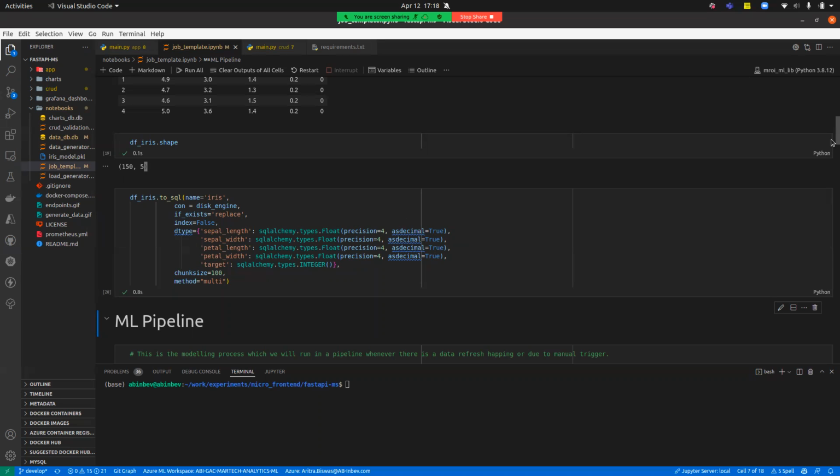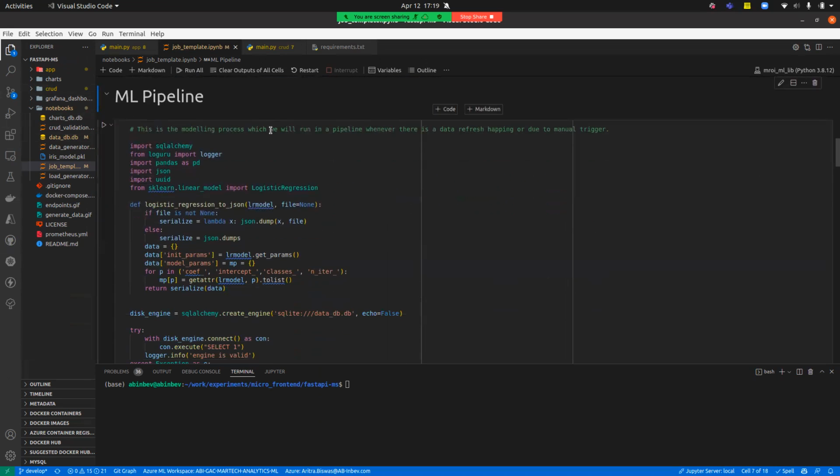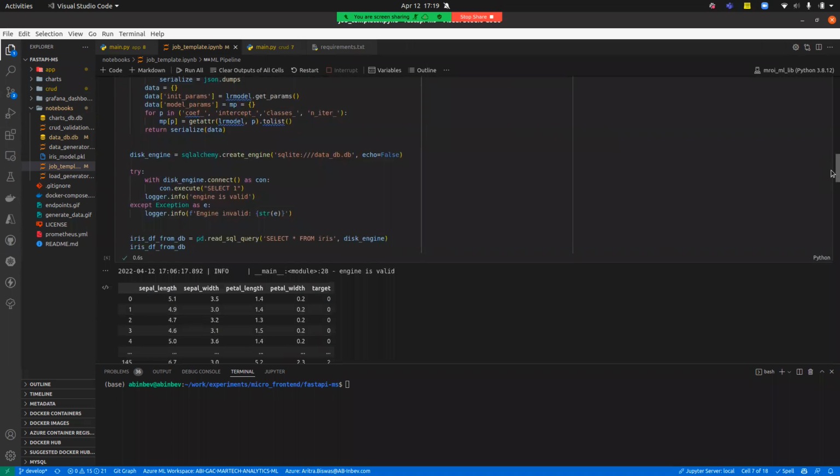Right? Now let's say once this data is saved in a project DB, the ML pipeline will be triggered, and what it will do is read the data from the respective table in the database, and then build a model in order to generate some coefficients. Here in our case, these will be the response curves which we will be generating. So if I execute the script,